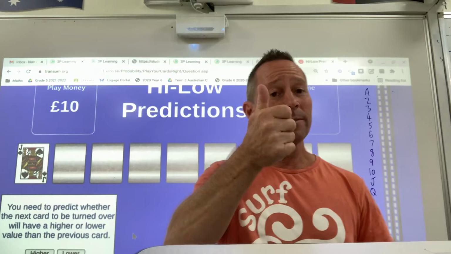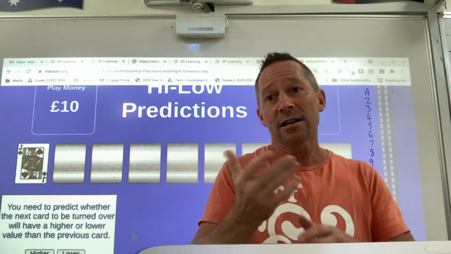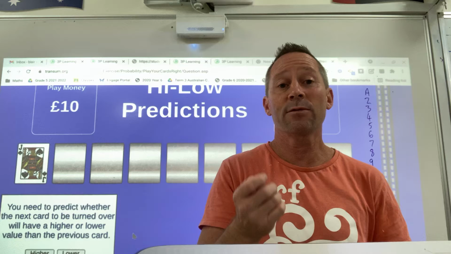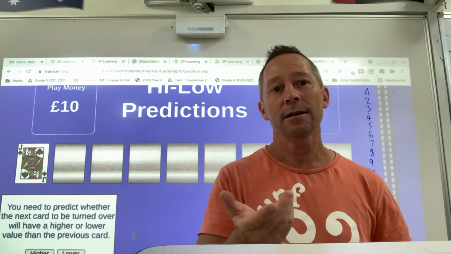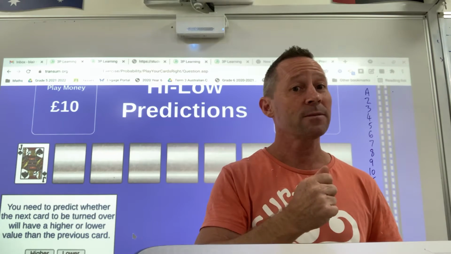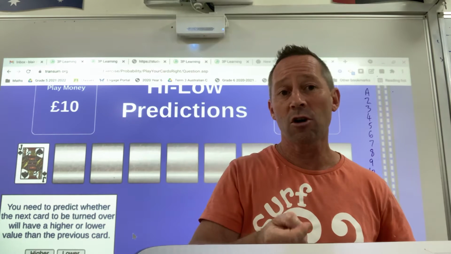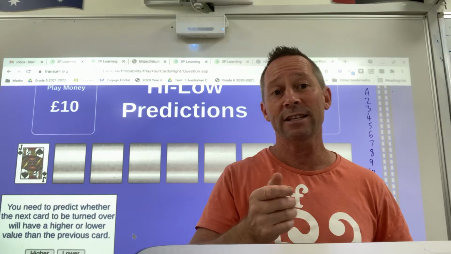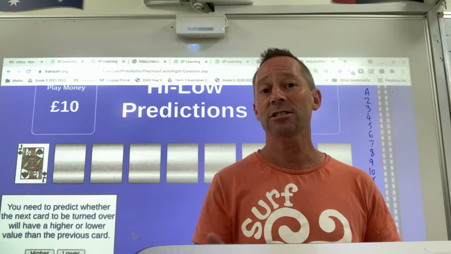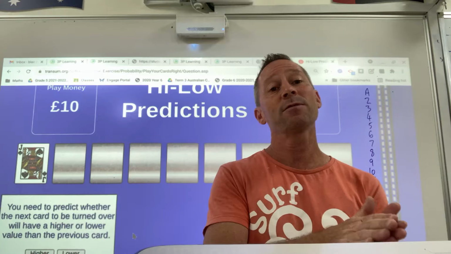Now, if I flipped the coin and it landed on heads the first time, the next time I flip it, are the odds different? Has it changed? Or will it still be a 50% chance of landing on heads? Yes, it would. It still has a 50% chance. I could flip the coin 9 times, and even if it's landed on heads every single time, the 10th time I flipped it, it still would have the same chance as what it had every single time, a 50% chance. Nothing else has changed. It will still have a 50% chance of landing on heads and a 50% chance of